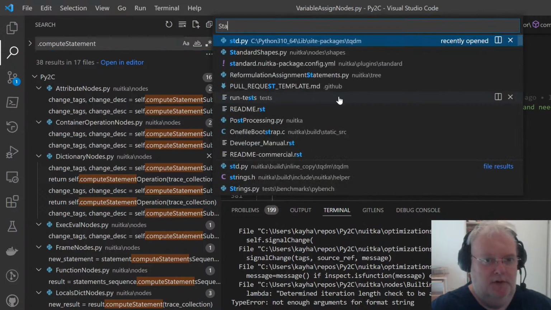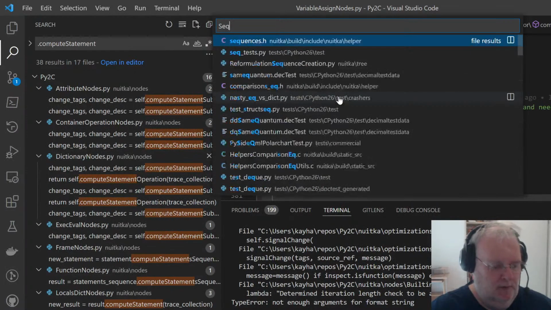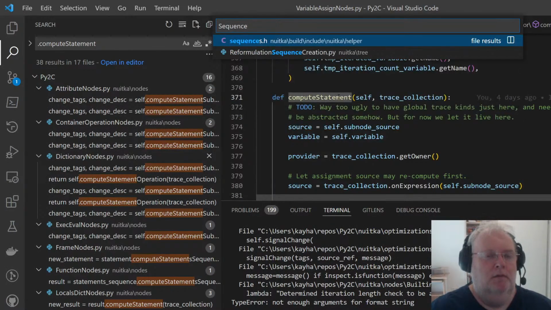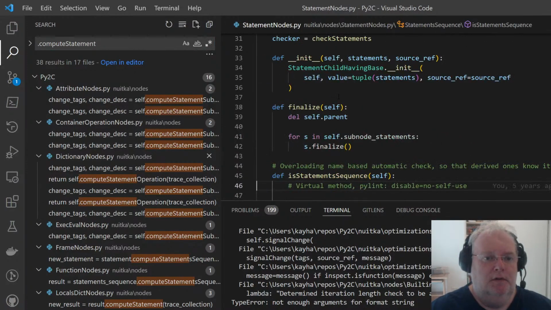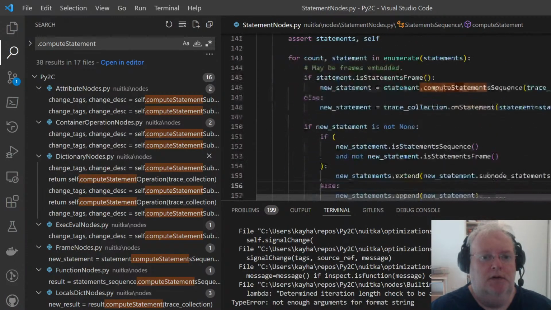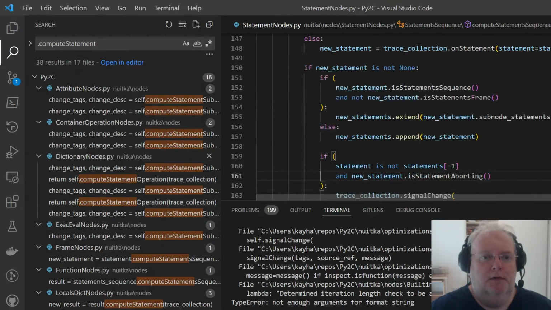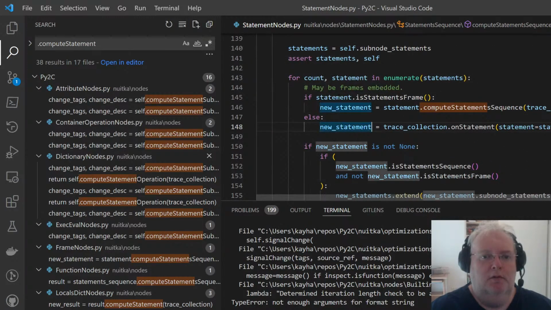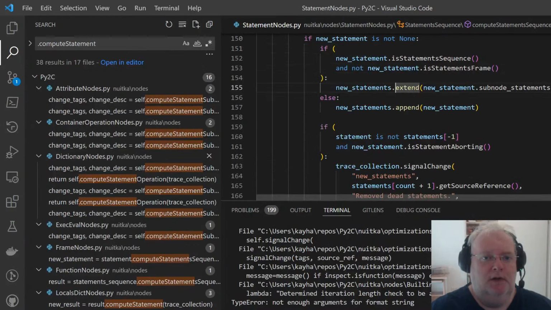In statement sequences, statement nodes. It's not in its own thing. Compute statements sequence. Here it's going over the statements. And if it's a sequence, it asks itself and so on. And if new statement, so this is where we return from. And if it's not none, then we check if it's a statement sequence and then we extend it. Otherwise, we append it.